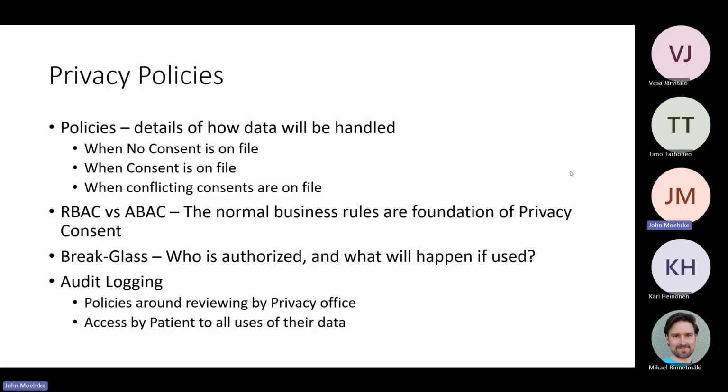So right off the bat, we explain you have to have a policy for when there is no consent given by this patient. Maybe the patient has shown up in an emergent or a walk-in case. Maybe that patient is not at that moment able to give consent. What's your policy? PCF isn't going to tell you what your policy is. So again, this is things you have to think about when you're writing your policy.